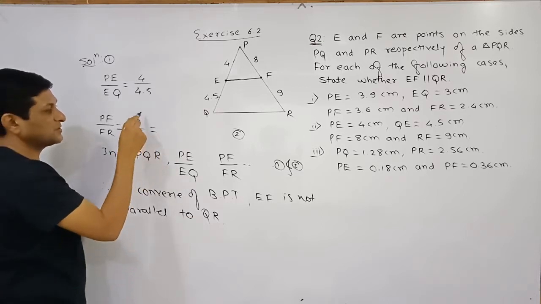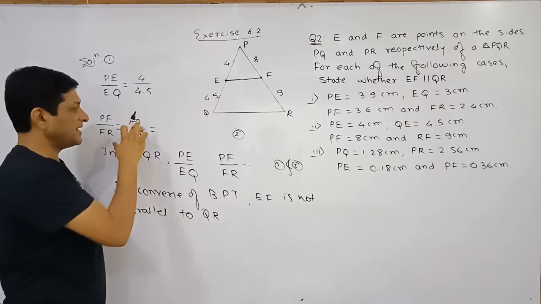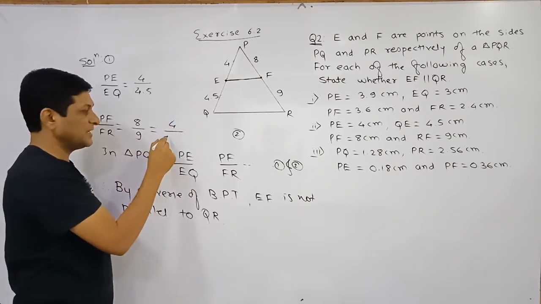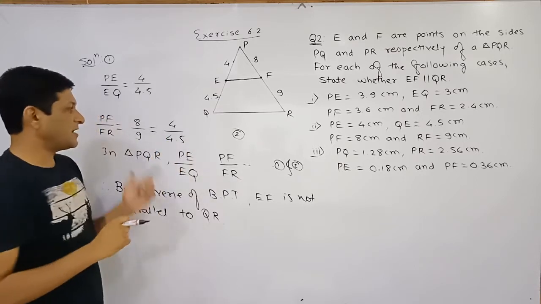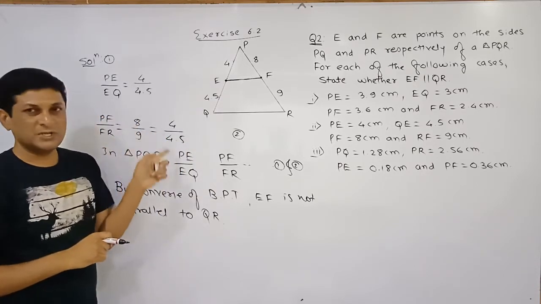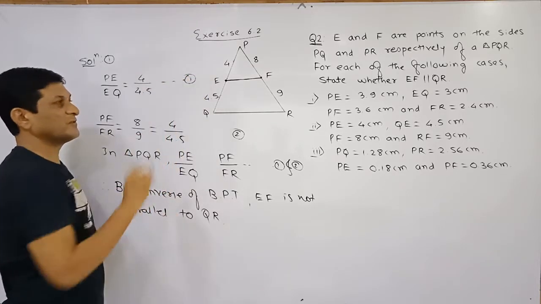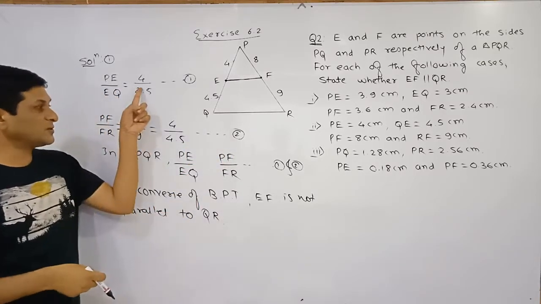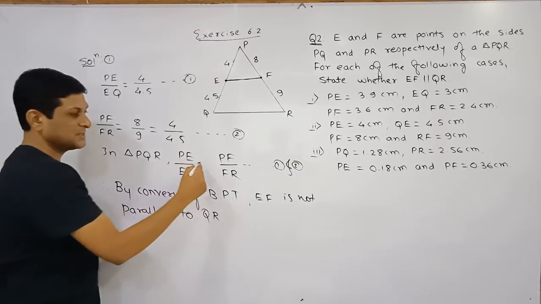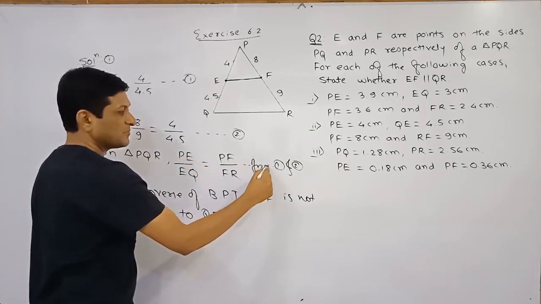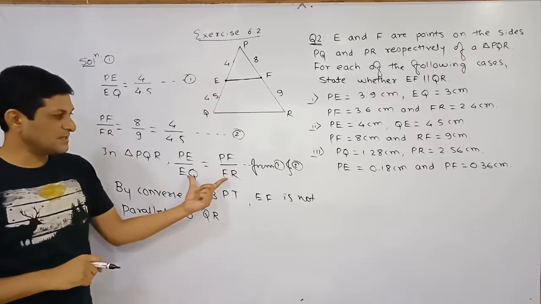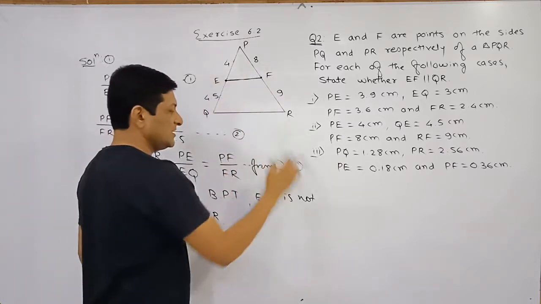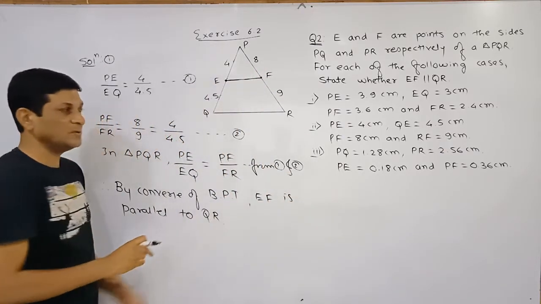So check whether both the numbers are divisible by 2. If we divide the numerator by 2, what will we get here? 4. And if we divide the denominator by 2, what will we get here? 4.5. Simply we are dividing the numerator and denominator by 2 here. So now if you observe these two values, let us denote the first ratio by equation first and the second ratio by equation number second. So what is our observation? These ratios are equal. Since these ratios are equal, that's why according to the converse of the basic proportionality theorem, we can say that this EF is parallel to QR.